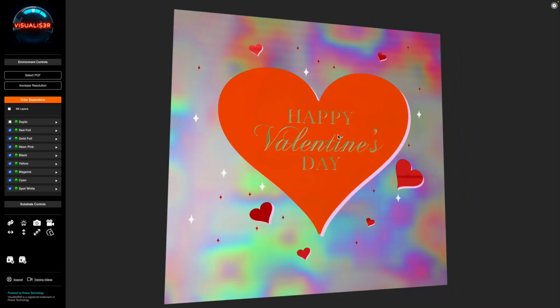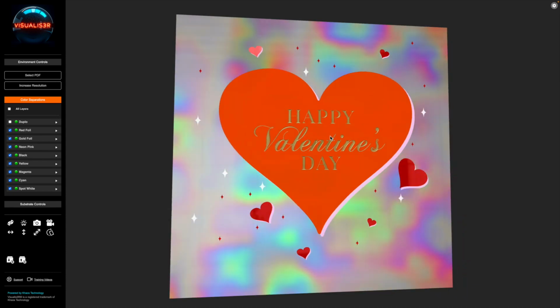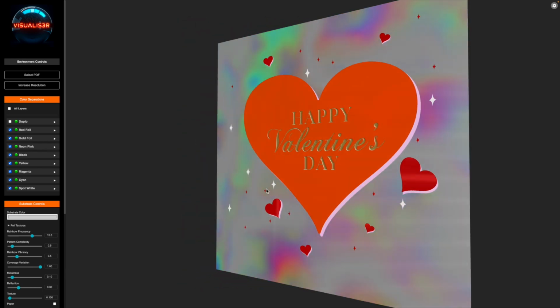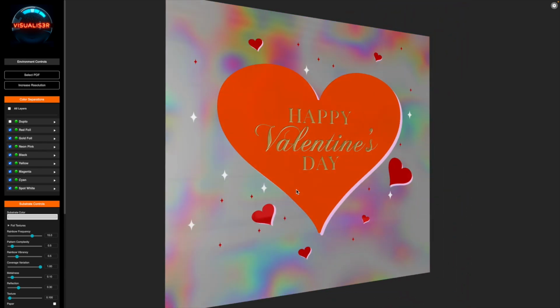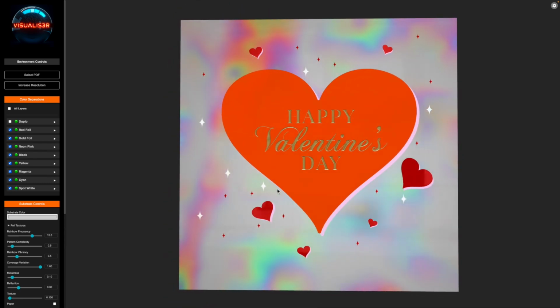We've got the rainbow holographic effect. Now if you notice, I've got quite a lot of that sheet looking rainbow and psychedelic at the moment. That's what I was saying about the coverage variation. If I now bring this down back to about 100, we've got more of the grey coming through, less of the rainbow. So it's about realism. It's about setting your expectations. Now when you're working with a big sheet like this, having the coverage variation set to 1.0 or maximum basically acts like a cloud filter. Imagine looking through clouds. So the silvery effect is kind of like a cloud type effect,